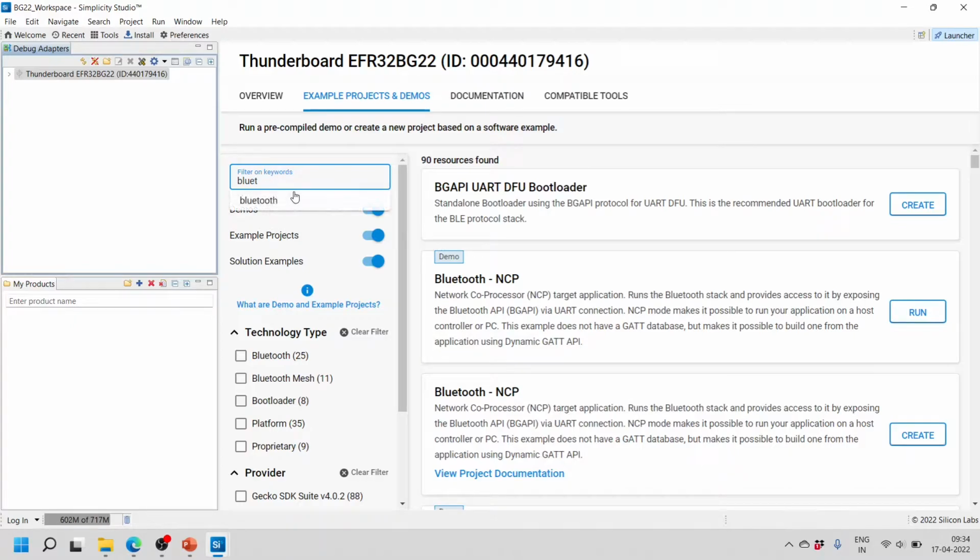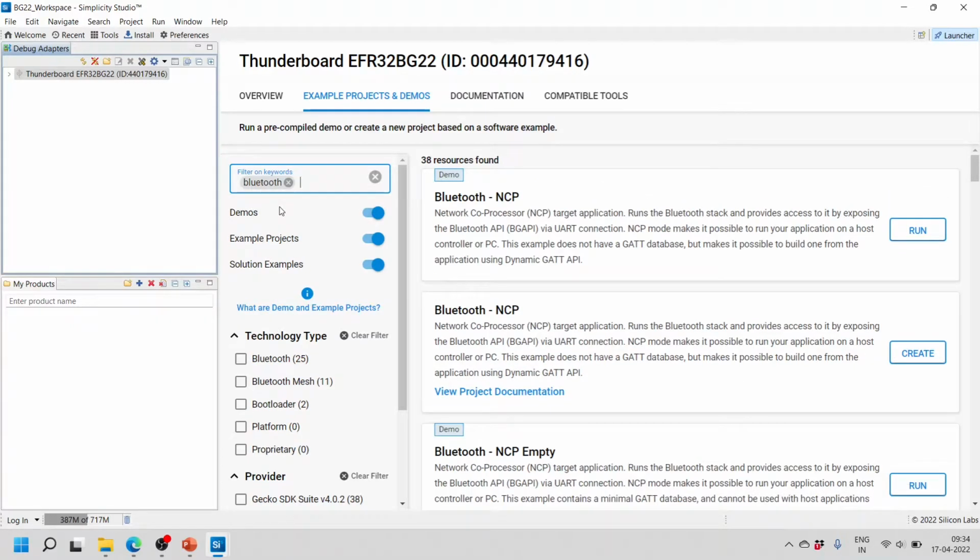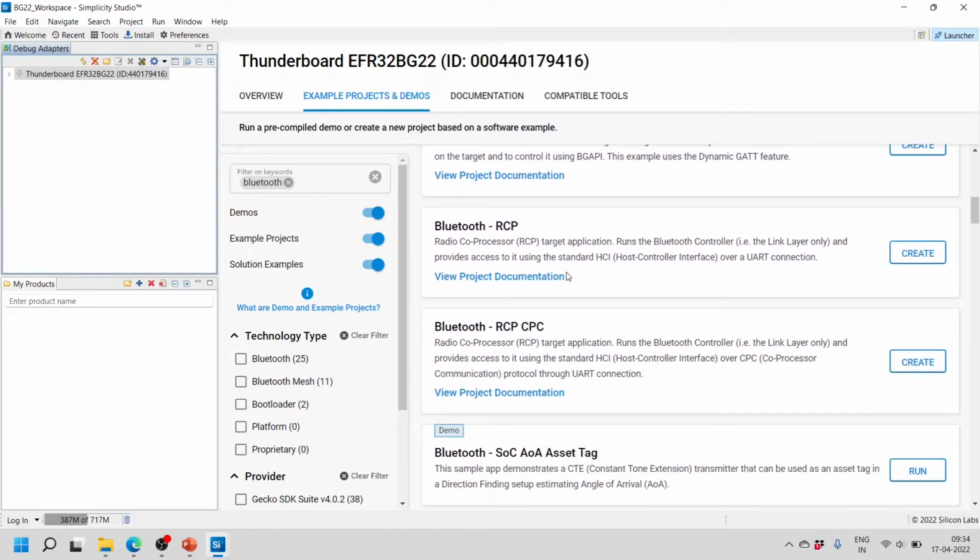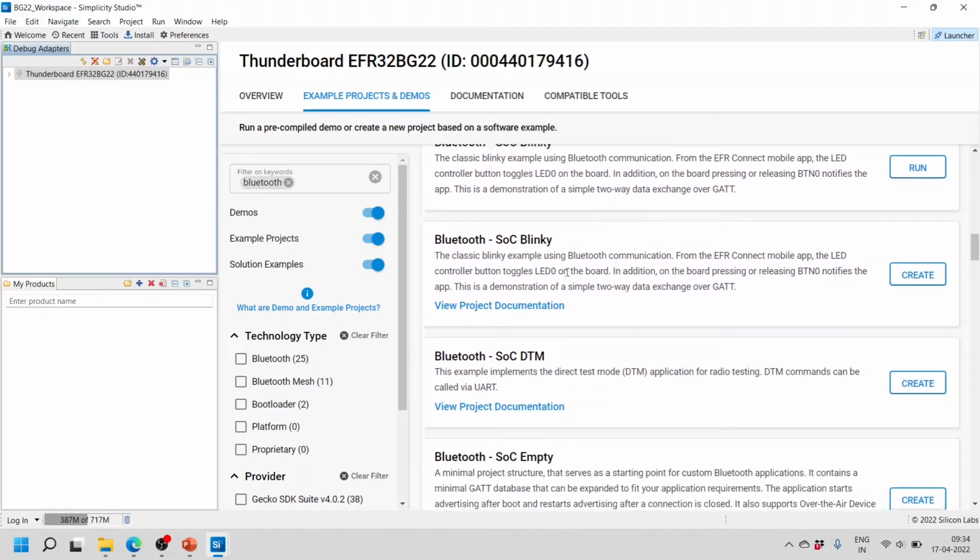Spelling is wrong. Once you apply the filter, that is Bluetooth, you will be able to see all the projects related to Bluetooth. Here you can also see how many were found. Around 38 are identified with the name Bluetooth. Scroll down and you will see one project called